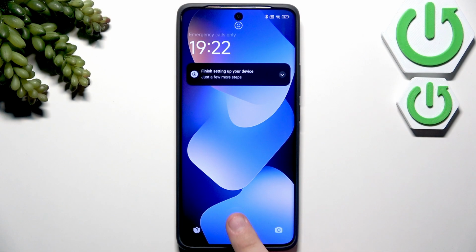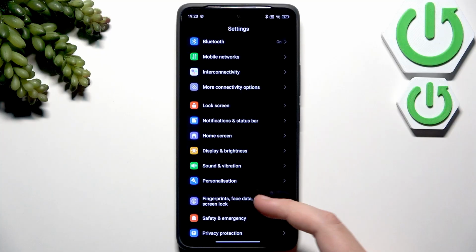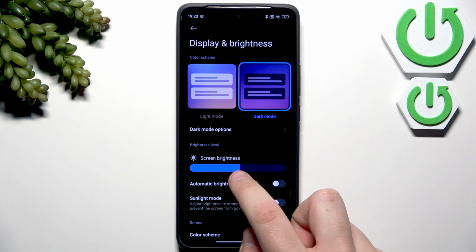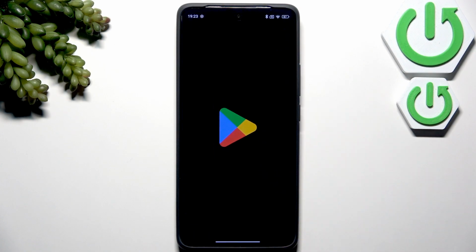So first, what you guys want to do is go over and adjust your brightness in these settings. Scroll down until you see display and brightness, and here make sure to disable automatic brightness, and adjust your own. Now, after that, if there are still some flickers, what you guys can do is go to the